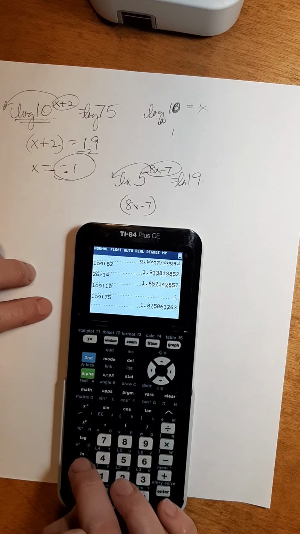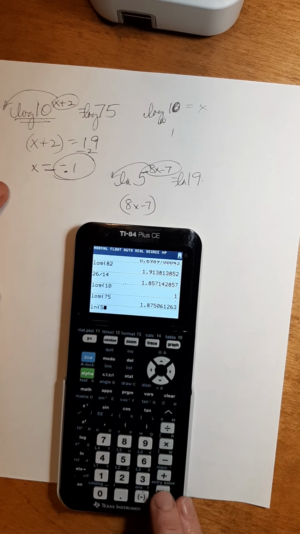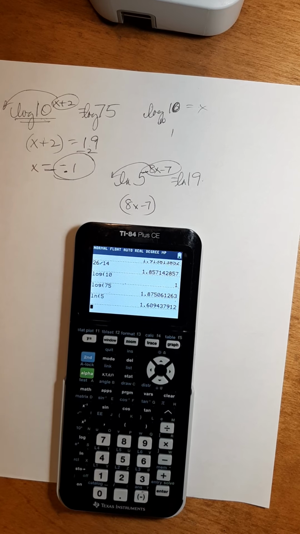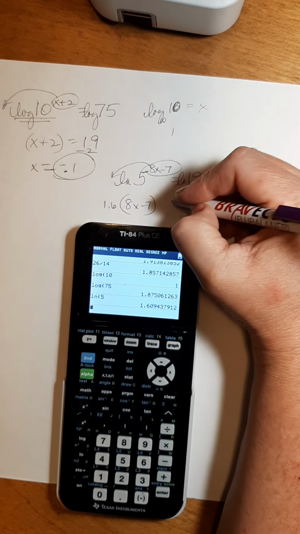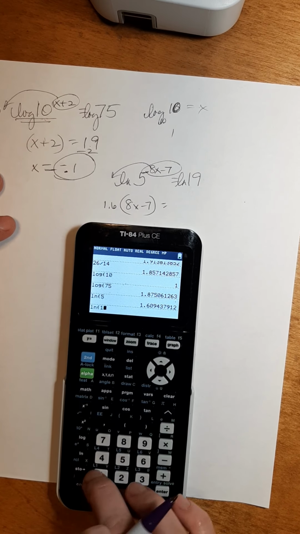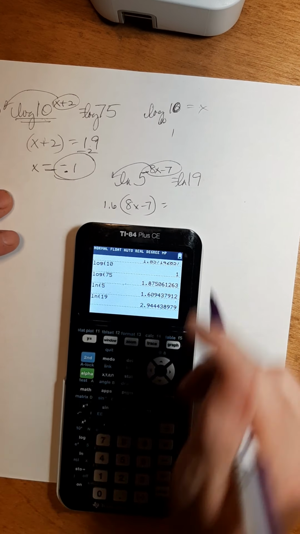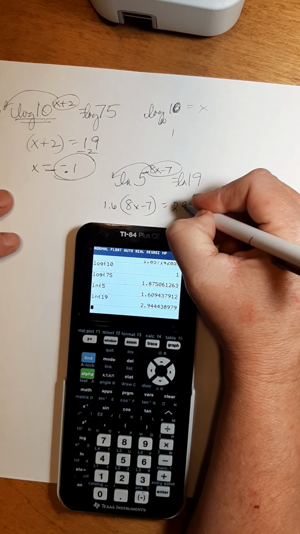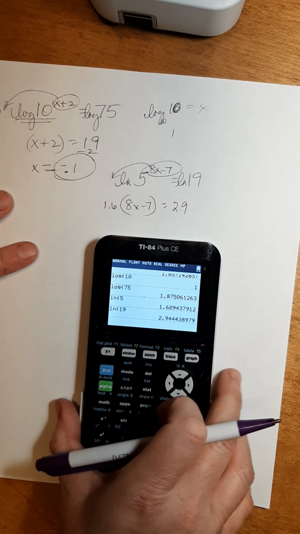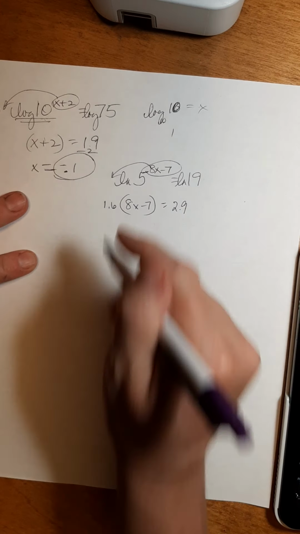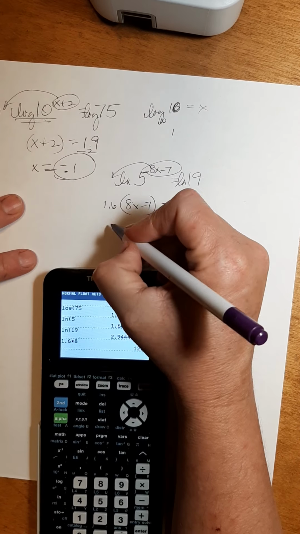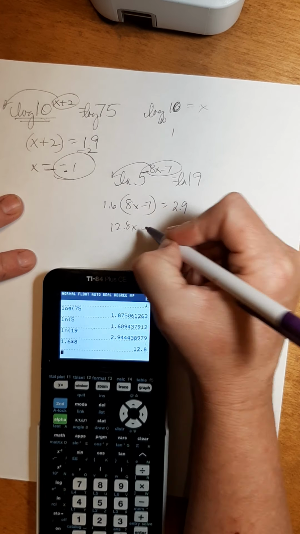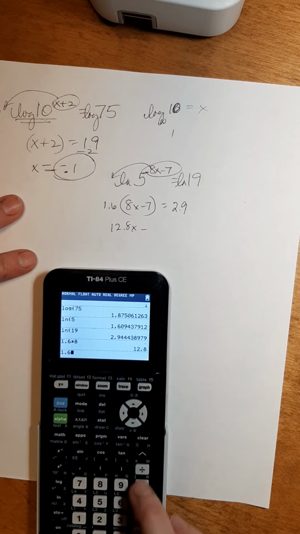Because notice how natural log of 5 is 1.6, whereas log of 5 was about 0.7. So it's no biggie, but like I said, some people prefer natural log. You still are going to get the same answer once everything is said and done. Natural log of 19, 2.9. So 1.6 times 8, 12.8x minus